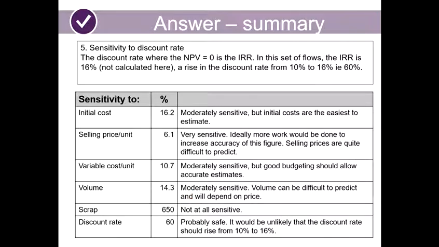Discount rate. So discount rate, bila you gunakan 16%, you akan dapat negatif lah, NPV negatif. So you menggunakan formula IRR and then you akan dapat lah 60 kat sini, 60%. So maksud dia probably safe. Okay. So kalau scrap ni pun macam tadi lah, kita guna je, then you akan dapat 653% rasanya. Okay. So not at all sensitive, but dia 600%. So dia tak sensitif lah scrap tu.